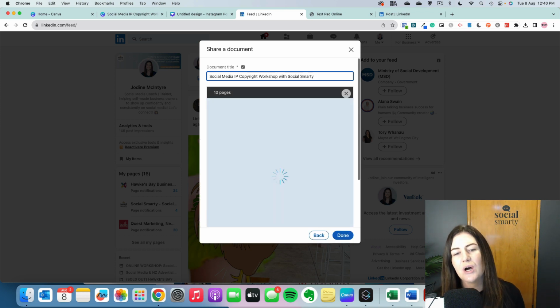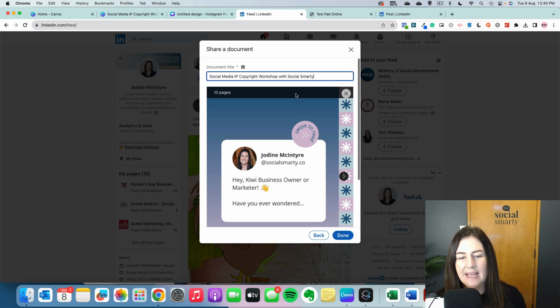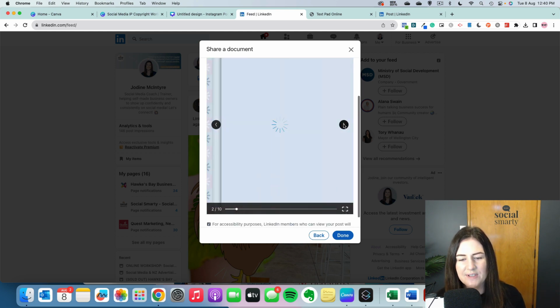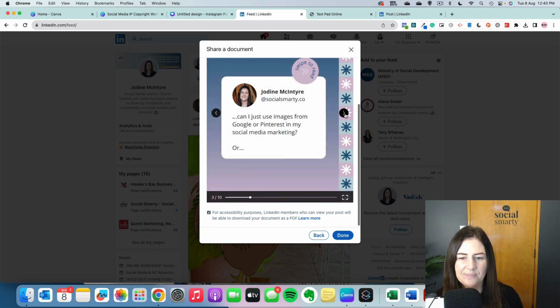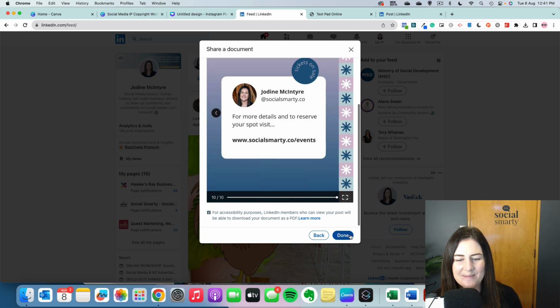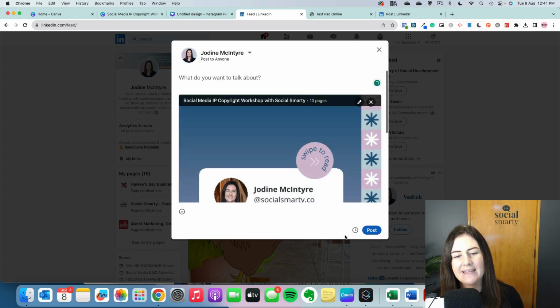And we can see it's starting to populate our carousel. Now, we swipe through and check that we have all of our documents. It does take a wee while to catch up, but once you've swiped through once, it loads things a little bit quicker. So that's looking good. I'll make sure that I haven't made any spelling mistakes, that I haven't got anything in the wrong order. Cool. That's looking awesome. So I'm going to click Done. And then we need to add our text. Obviously everything we have in our PDF is not searchable. So if someone is searching for the topic we're going to be talking about, we need to make sure we pop that in the